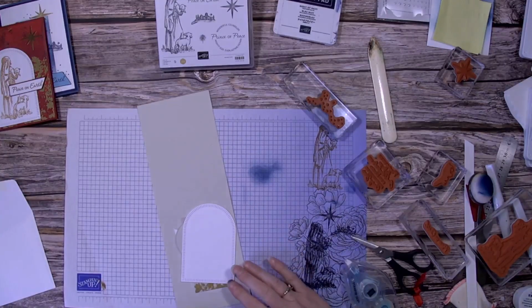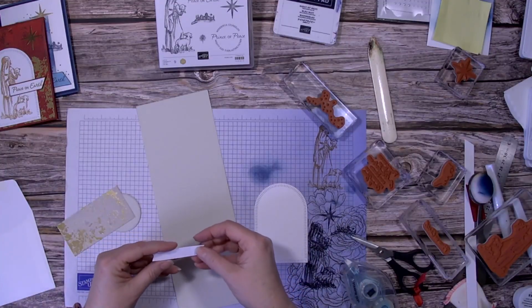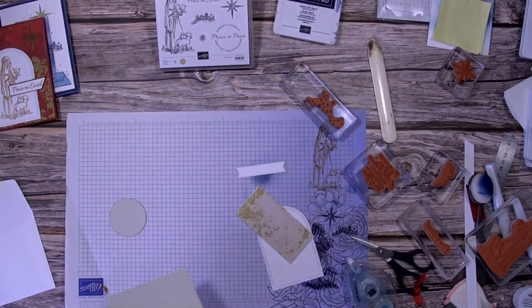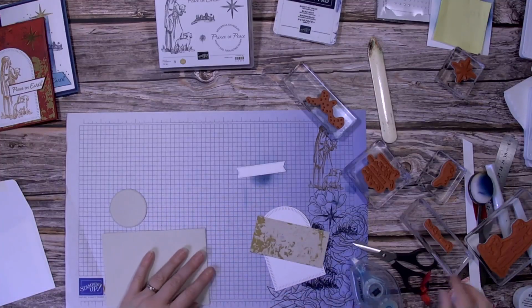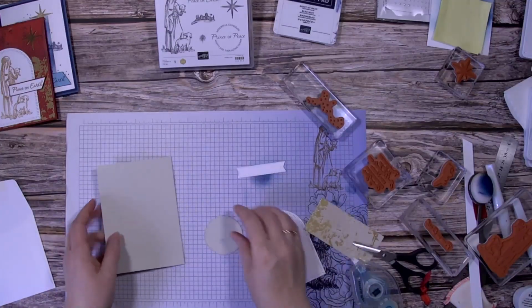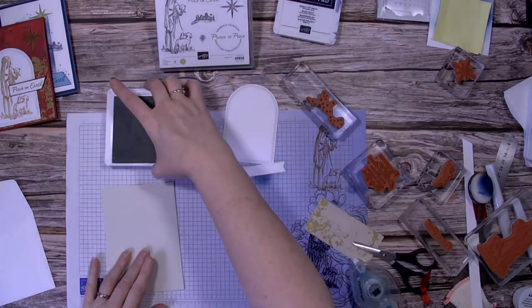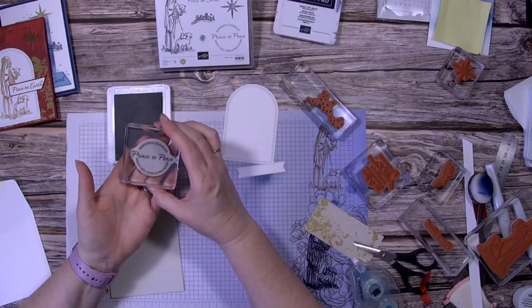Okay, so the next one. So again, I have a frame. I've got basic beige this time, and this is another sort of reasonably simple card. But I have done a fair bit of prep work on these cards for you, so that it's not as much time. So I've got some basic beige, and I'm going to stamp the Wonderful Counselor Prince of Peace